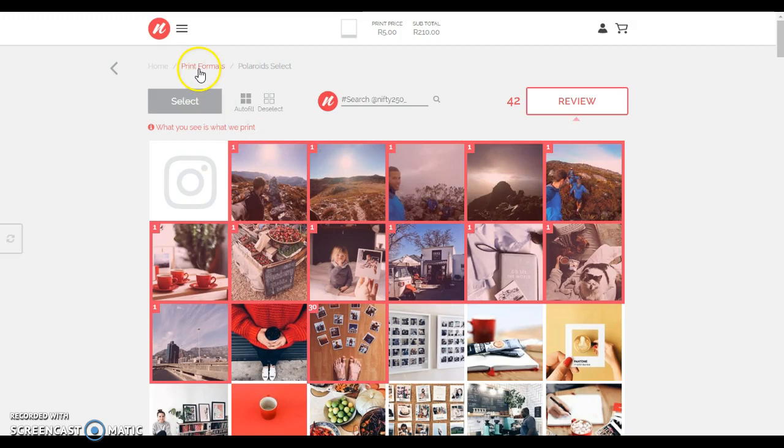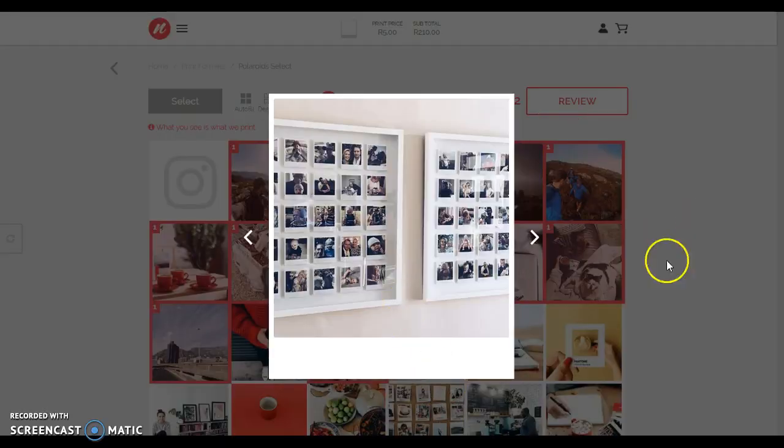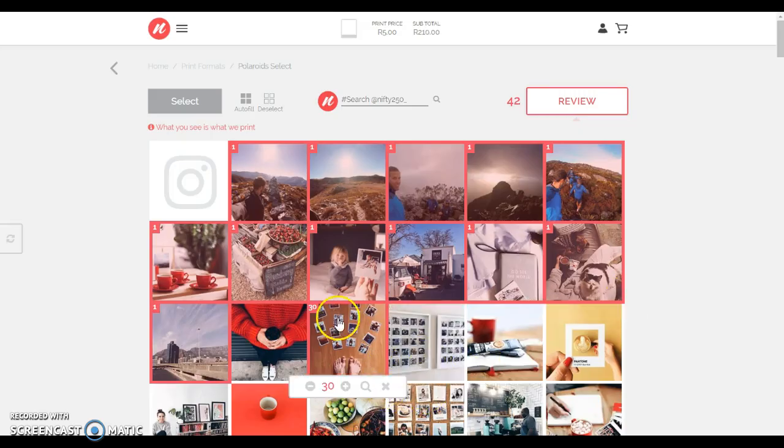It's important to know that you can still go back to the print format section, and these images won't be erased, but it's advised that you simply follow this process, get it added to your cart, and then go and repeat the process for any more formats you may need. So I'm going to now hit the review section, although I'm just going to go over one more time to show you these basics, plus and minus. You can actually deselect them by clicking on them as well.